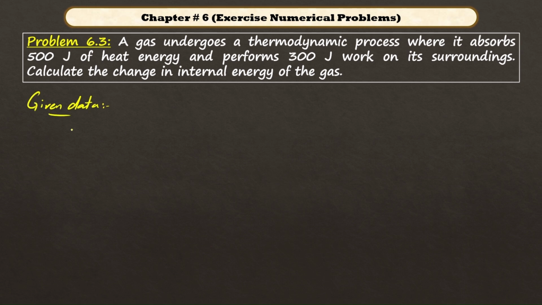Given data: heat absorbed is 500 joule and work done is equal to 300 joule. We have to find the change in internal energy. So solution: